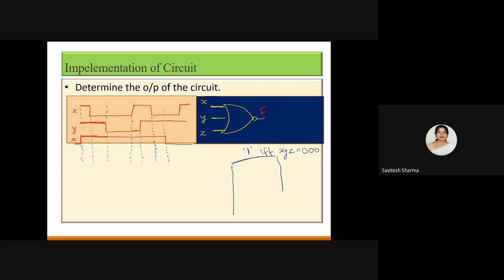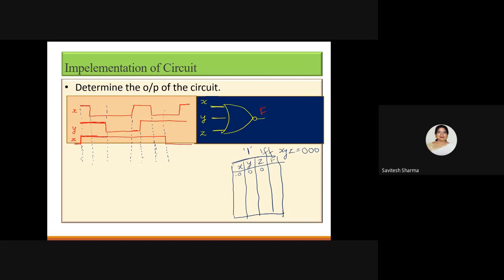So if this is the simple circuit, so only a single gate is there, so you only have to remember the truth table. If you remember that property, then you can easily say only one case is there where you will get 1, and for the rest of the cases you will get 0. Let's see.